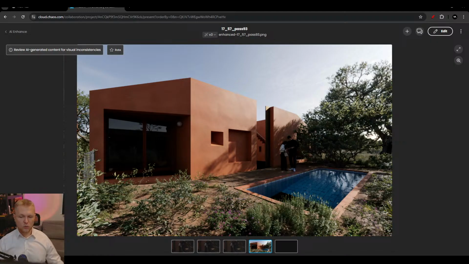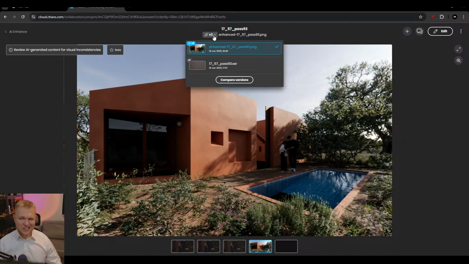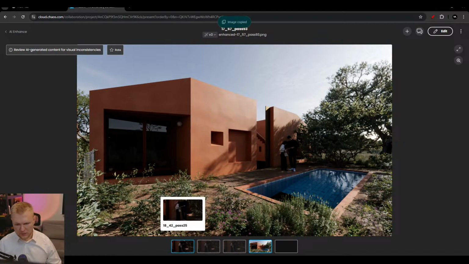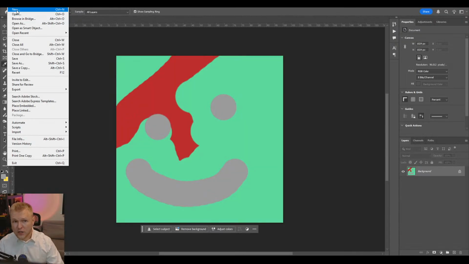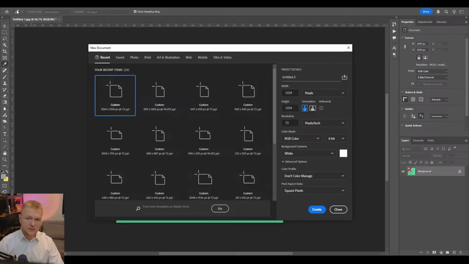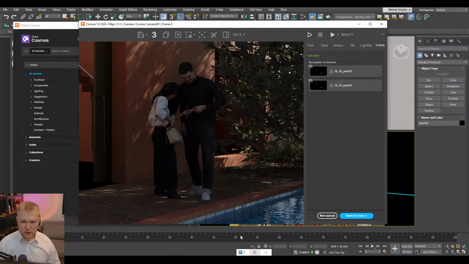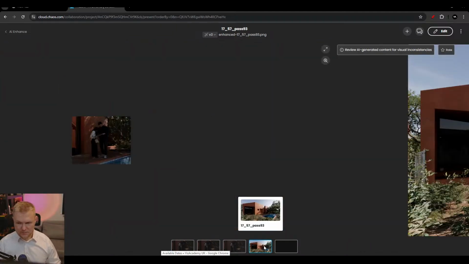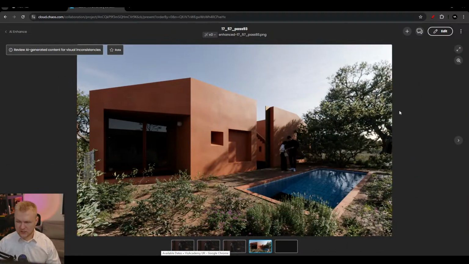So the workflow for me would be to essentially download the version back, so copy the image, take this to Photoshop, and since we created the masks and I was expecting this to happen, we're essentially going to be forced to do it anyway. So first of all, the AI enhancement is good, but it still needs a lot of work. Plus,